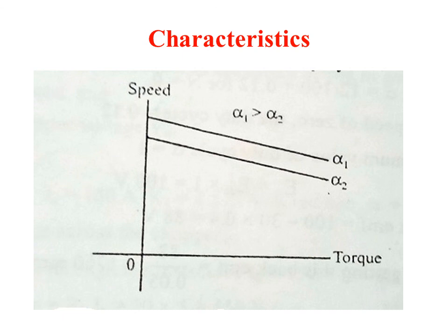So this is how we can calculate the speed of separately excited DC motor which is connected to a step down chopper circuit. Basically in this lecture we have considered the step down chopper. In today's lecture we have gone through the basic block diagram of step down chopper connected to the separately excited DC motor, how to derive the steady state speed equation of separately excited DC motor with the help of the chopper circuit, and the characteristics of separately excited DC motor connected to chopper circuit.